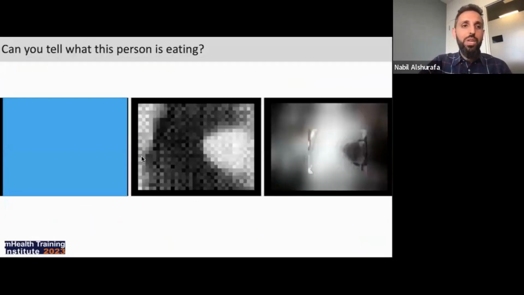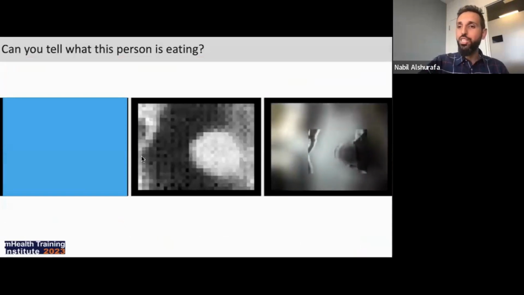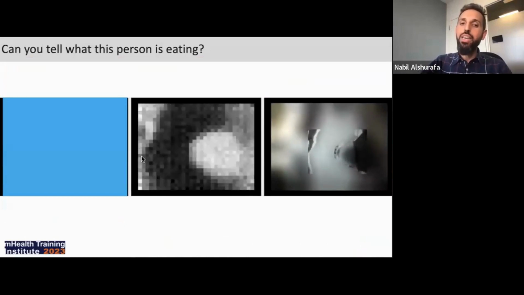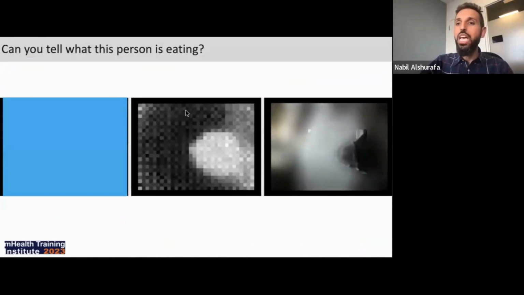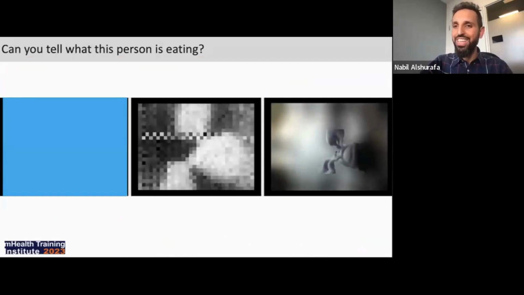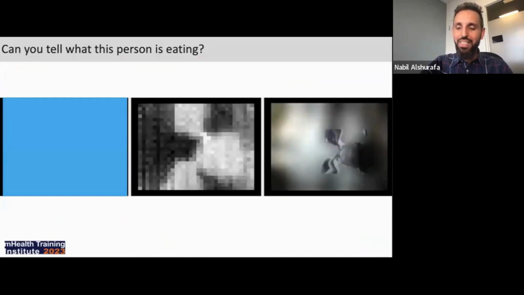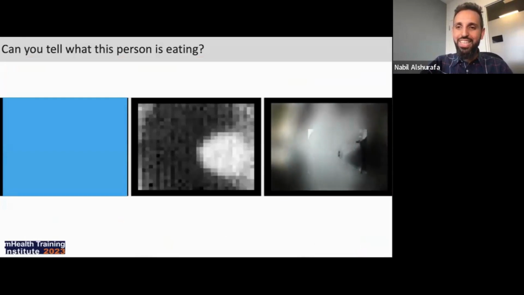All right. So everyone here, engaging you a little bit, can you tell what this person is eating? This is an obfuscation method as well as the thermal sensor and us applying this obfuscation filter. You can type in the chat or raise your hand, blurt it out. Can you tell what this person's doing? All right, we got some things in the chat. Chicken wing, ribs. All right, again, another chicken wing.